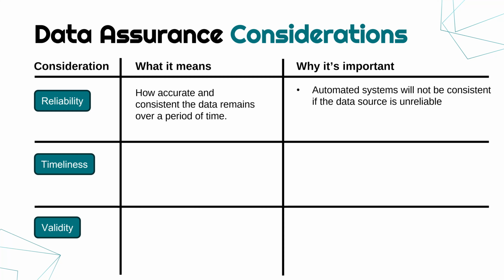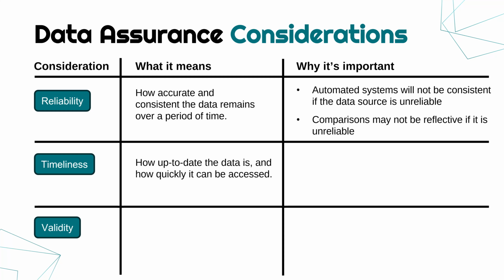For example, a speed camera isn't being monitored by a human all the time. A human sets up a speed camera, checks it's all working, but if the camera itself gets weaker over time and it starts misreading the speed of vehicles, then the actual speed camera itself will become unreliable because of the data source being unreliable. And if I'm looking at data over a period of time and it's not reliable, then it makes it really hard to make comparisons because they may not be reflective of what is actually happening if the underlying data is not being held reliably.